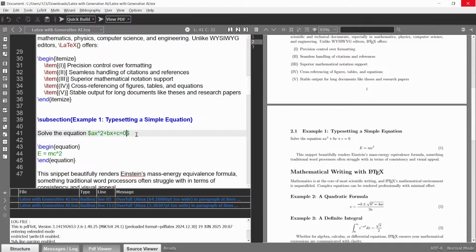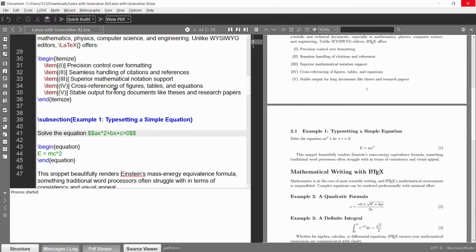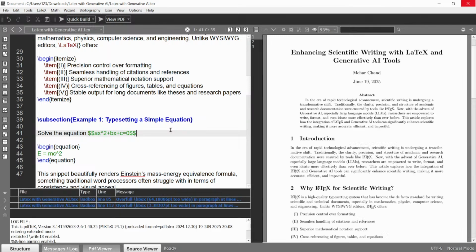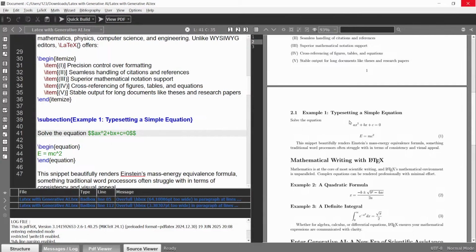If you use the double dollar symbol here and here, and build again, you can see the equation is separate from the text. The equation is in the center, but it will not appear along with the line. If you want to write the equation along with the line, in that case you will use a single dollar sign.